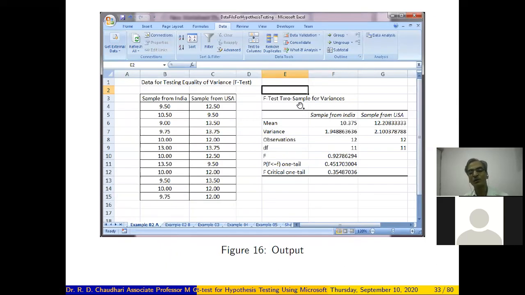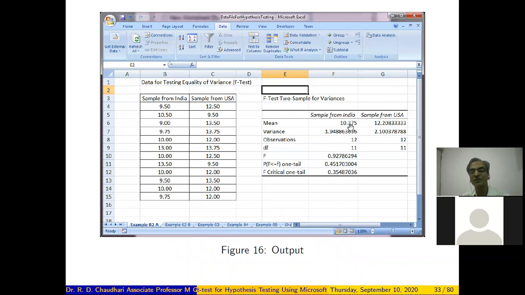So F-test two sample for variances. As you can see, the first column gives the titles, that is mean, variance, observations, degrees of freedom, F, the test statistic, and P, this is the probability value, what we call the P value or significance value. The second column gives you the summary measures for the sample from India, and the third column for the sample from USA.